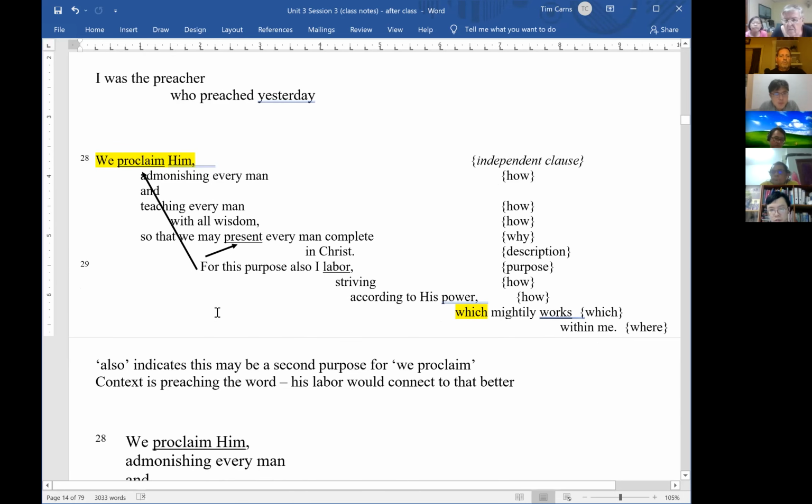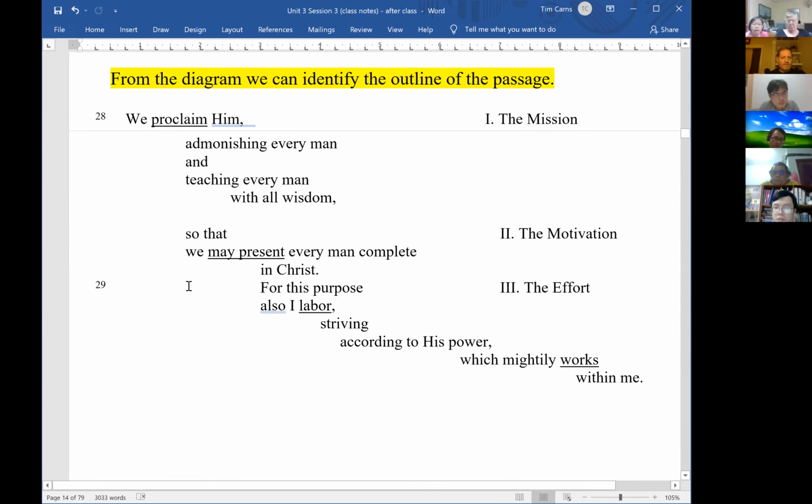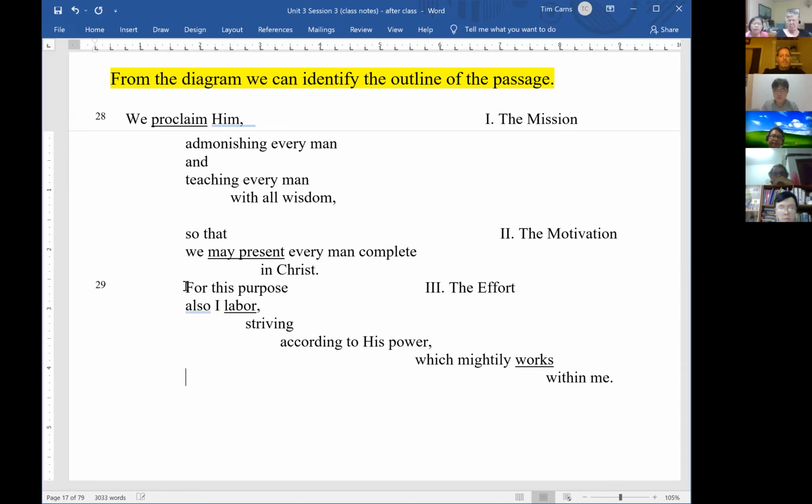All right. Well, let's take a look then and see if we see the structure from this. Let me see if I've got a cleaner version here. Okay, so let's say we decide, I'm going to do this. All right. So as we look at this diagram, the question is, what kind of structure do we